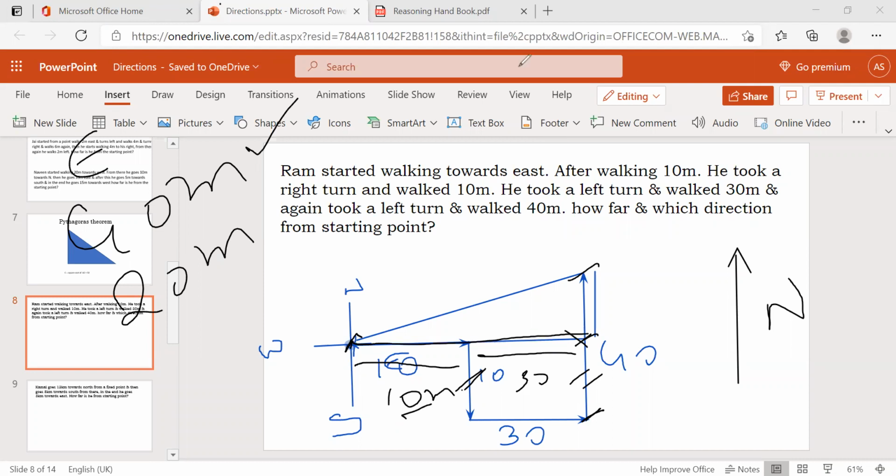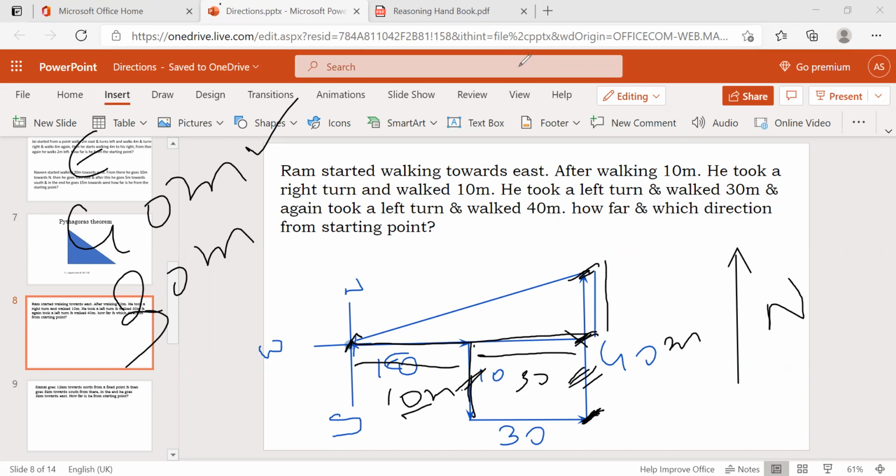Now, from this point, when he takes a left turn towards south, the end point is 40 meters. But we want only this length. So up to here, this will be the 10 south and this will be the 10. So sorry, 10 only, right? If you're subtracting 10, it's nothing but 30, not 21. Okay, it's nothing but 30.